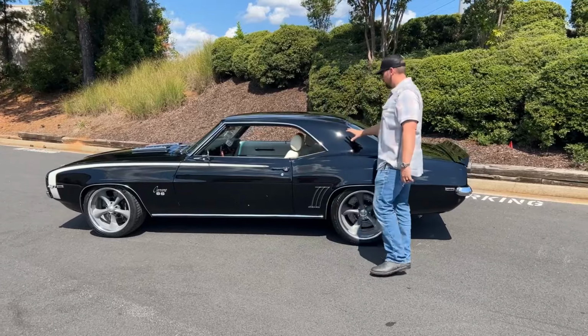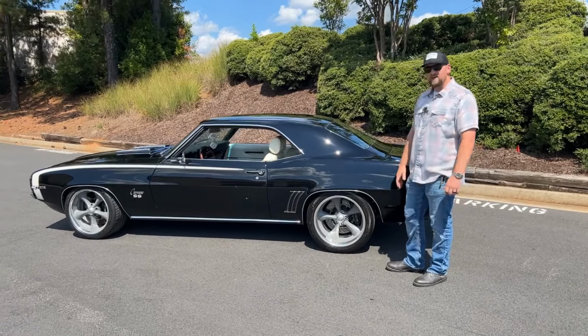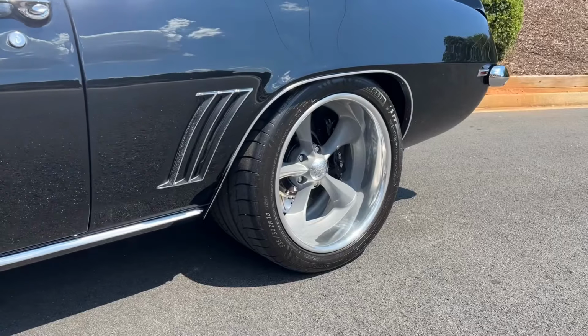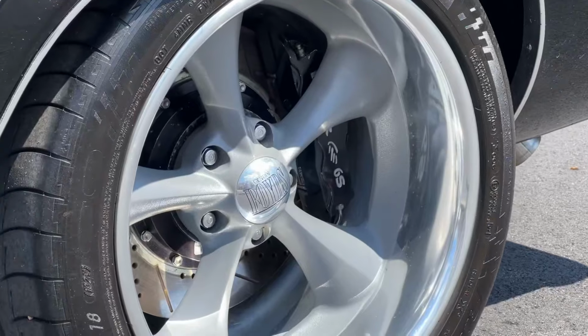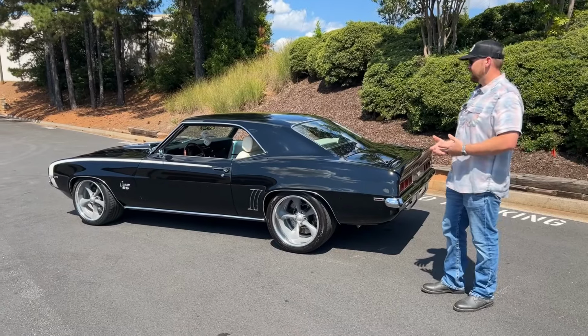As we look at the rear quarter here, it's in great condition. The paint is really nice. I don't see any kind of paint flaws or anything like that. You do have your chrome trim here around the wheel well that looks really good as well. Overall, this car is a showstopper, guys. So everything on it looks really nice. This is definitely something you can take to a car show or cruise in, and you're going to get tons of